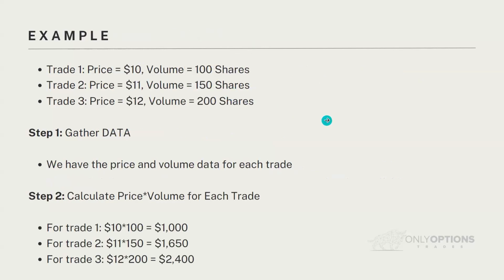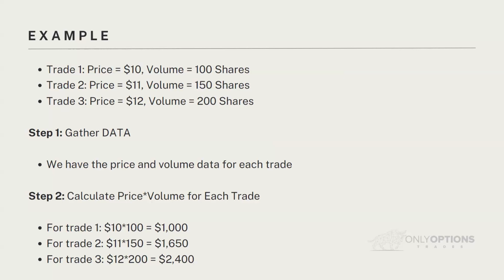So this is an easier example of how VWAP is calculated. It's just an average. Say we have three different trades: one at 10, the second at 11, and another at 12. Each of those is going to have a different volume. Why? Because at 10, there are only 100 shares selling, then 150 when it's at 11, or 200 when it was at 12. This is just fictitious, but it makes it easier.